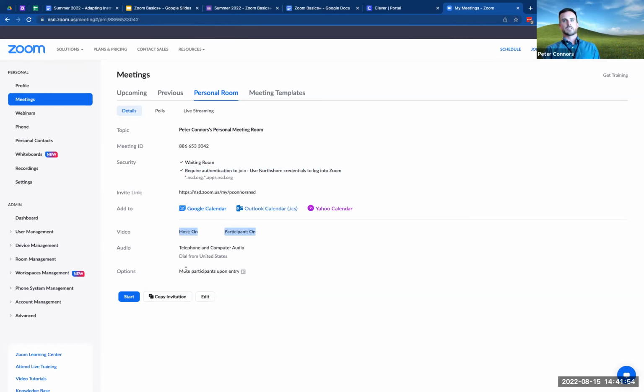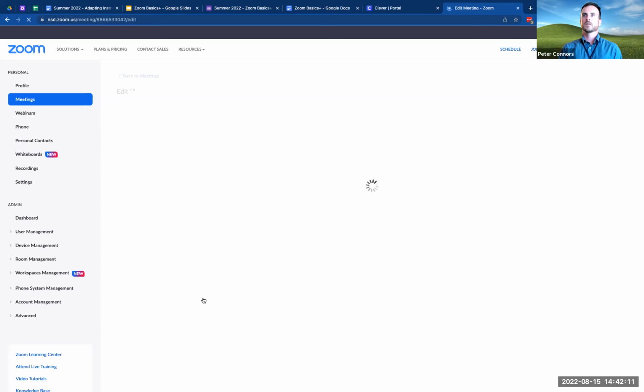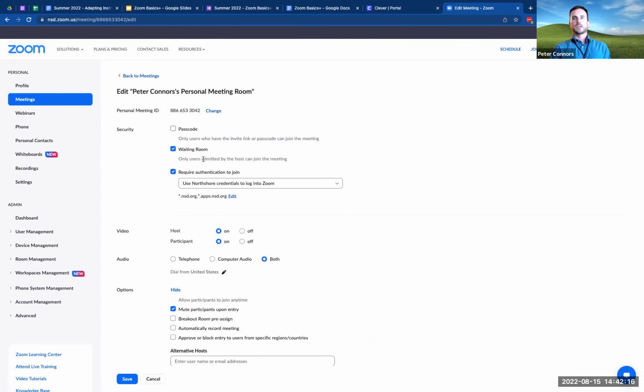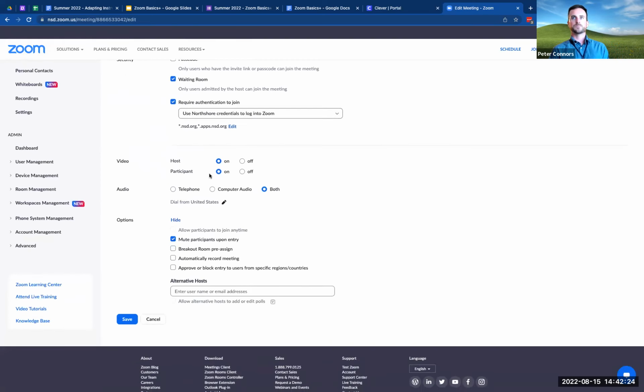Then you can see what happens by default with regard to people's video. And I have a particular option here, which is mute participants upon entry. I just find, mostly when I'm teaching classes, I'd rather people turn their audio on or unmute themselves rather than have them come in and still be on the phone or something like that. But to edit those, you can see there's an edit button, and I can change those things. So if I didn't want a waiting room, or if I did, I hit edit and then check or uncheck that. Requiring the authentication is on.